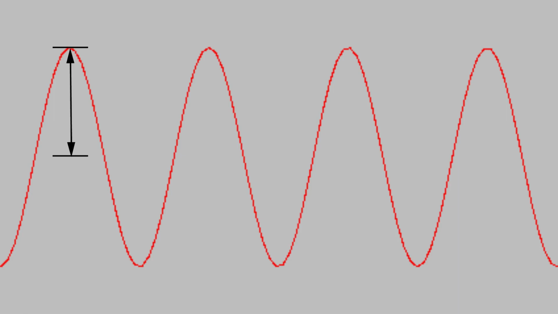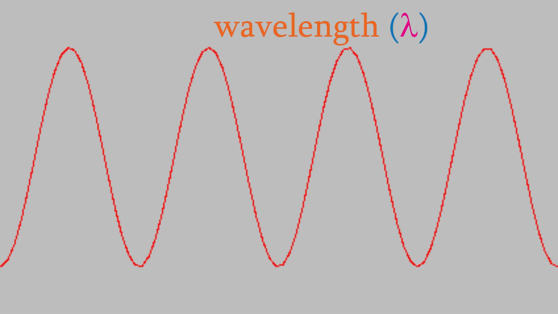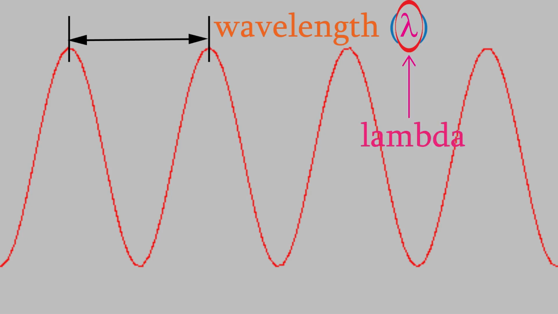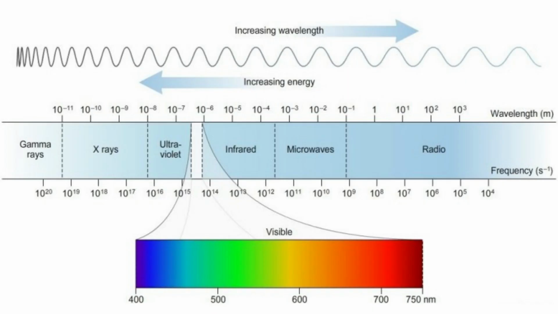First, there's the height of the wave, which we'll call its amplitude. Next is its wavelength, which is the distance between the peak of one wave and the peak of the next, and it has this symbol, which is the Greek letter lambda. When you look at a spectrum like this one, it usually gives you some information about the wavelength of the